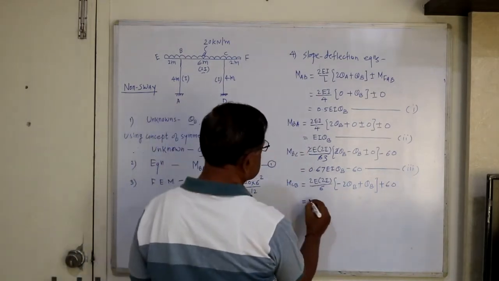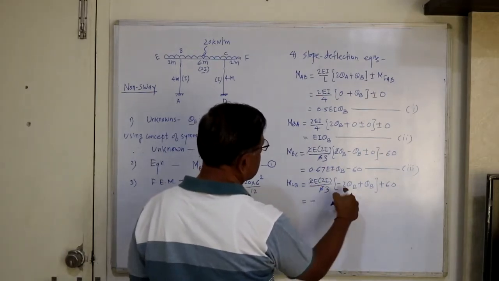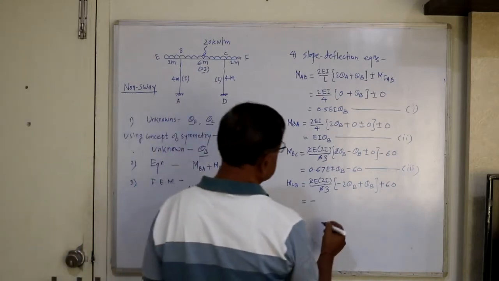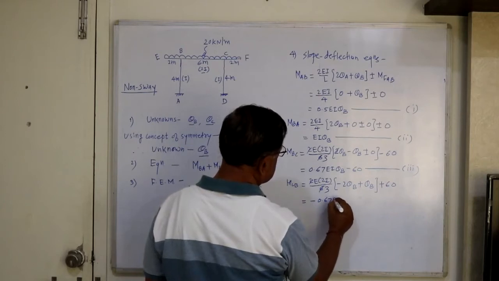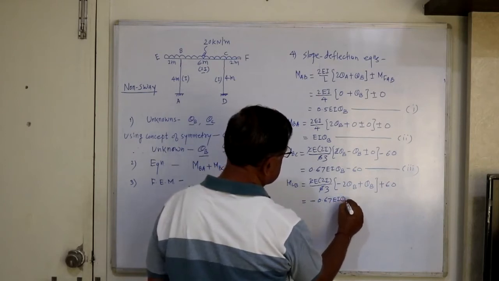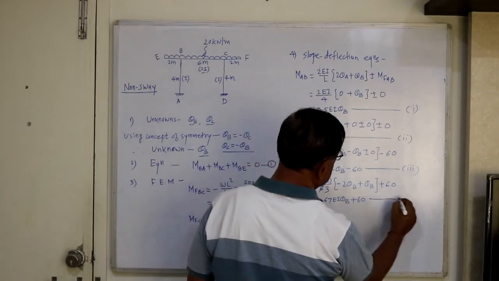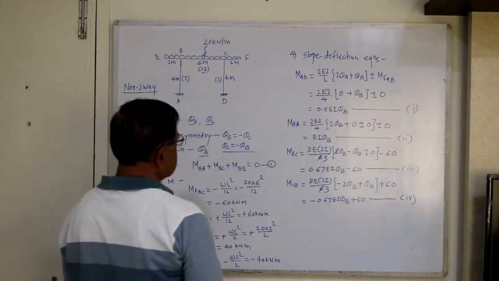So now this is minus, so this is 3. So minus theta B, so it becomes minus 2 by 3, point 67 or 66 EI theta B plus 60. So equation 4. Then develop for CD,